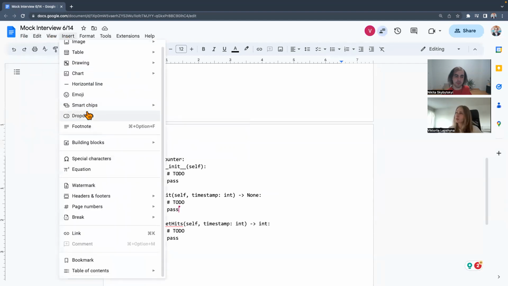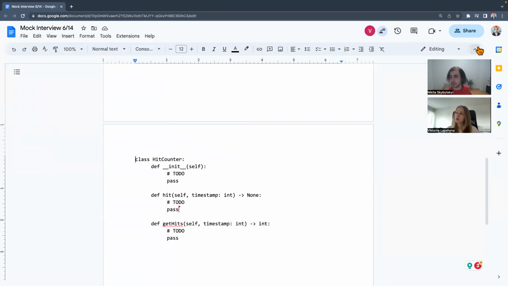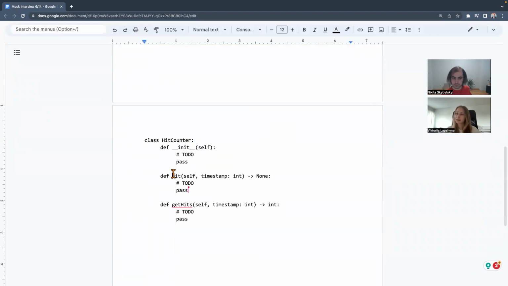Another question. So the function hit records a hit that happens at a timestamp. Right. So we want to record all the hits, not only the one that happened within the past 5 minutes. It depends.